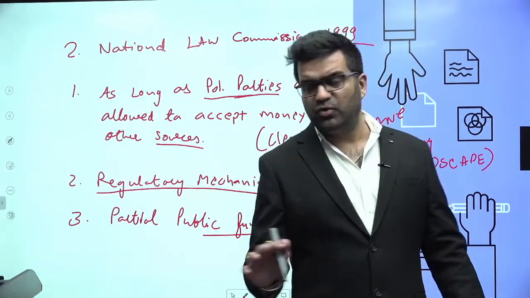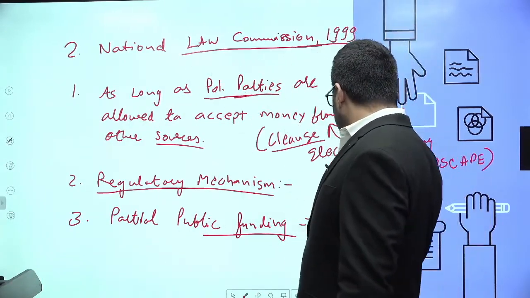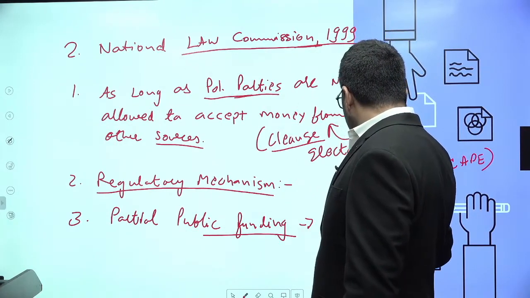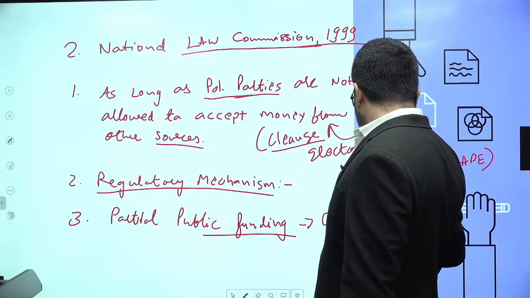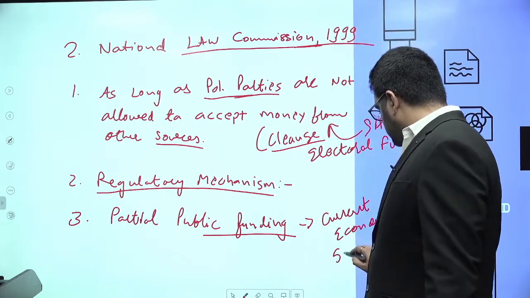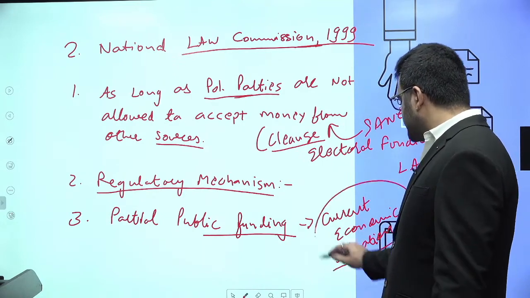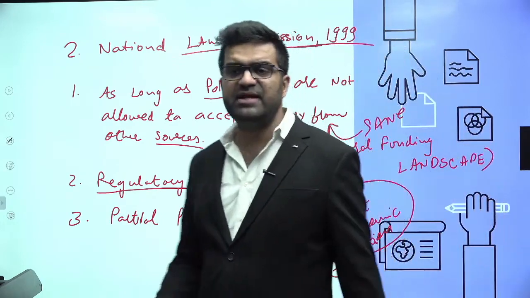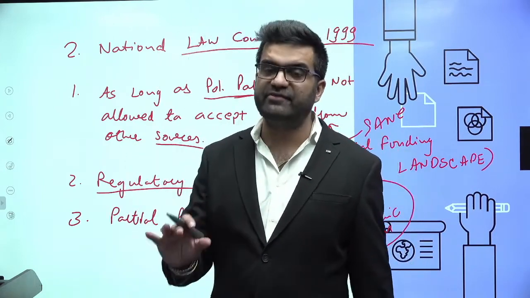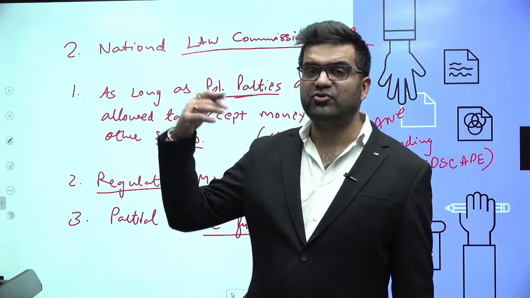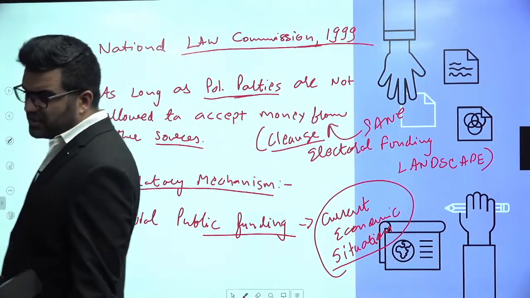ठीक है, ये कह रहे हैं कि फुल टर्म लॉन्ग टर्म गोल ये होना चाहिए कि फुल फंडिंग होनी चाहिए, बट करंट इकोनॉमिक सिचुएशन को देखते हुए ये करना चाहिए। दोनों कमीशन ने यही कहा था। Looking at the current economic situation, 1998 में we barely had enough GDP, enough money flowing into the consolidated fund of India. इतना ज़्यादा हमारा 2.5 ट्रिलियन डॉलर GDP नहीं होता था, राइट? 1 ट्रिलियन डॉलर से भी नीचे थे हम।